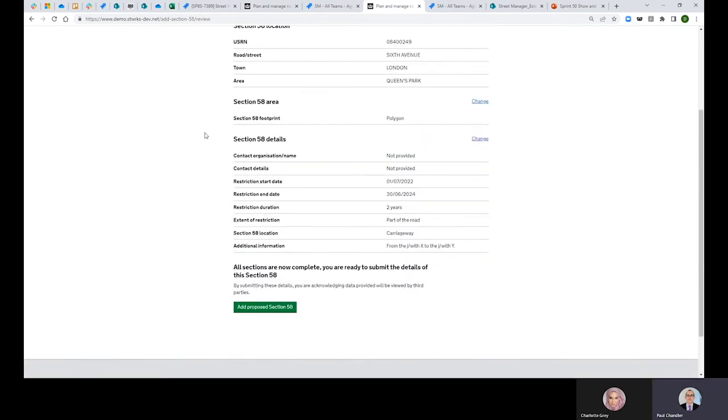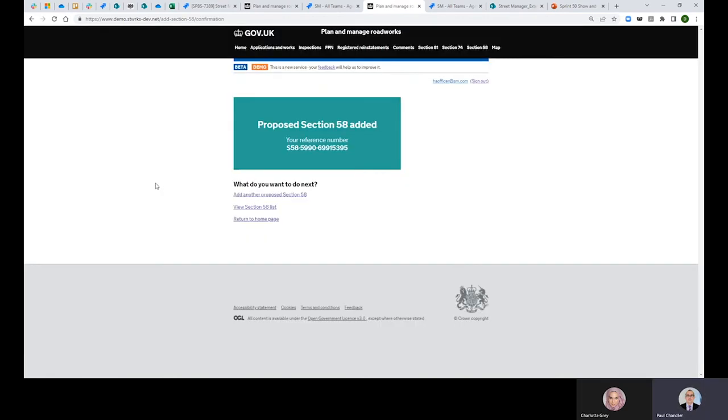Yeah, that all seems to be in order. You can see we've automatically calculated the restriction end date for you when you tell us the duration. Add proposed section 58. Now, what I'm going to do now is sign out,